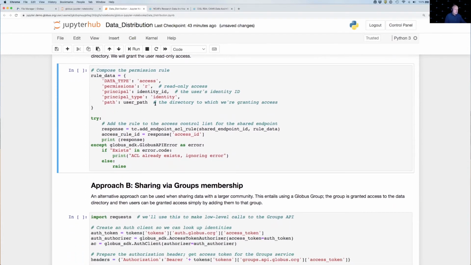I'm going to give read-only access. This is the document that I use in essentially my post request. I'm posting to the transfer service, and I ask it to add an endpoint ACL rule. So I'm going to add this rule to the access control list. Whoops, I need to edit that. And so the rule says